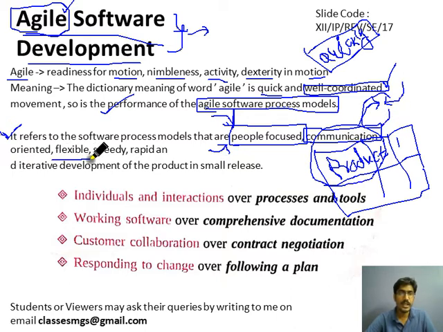Agile software provides flexibility. We don't need to go through the various processes that are followed by the company for development. We use flexibility in terms of communication and development. We give the developer the flexibility to work as per his needs. We give customers the flexibility to talk directly to the developers if their requirements change. We also give product owners the flexibility to talk directly with the development team. All these flexibilities are given in the agile software development model.